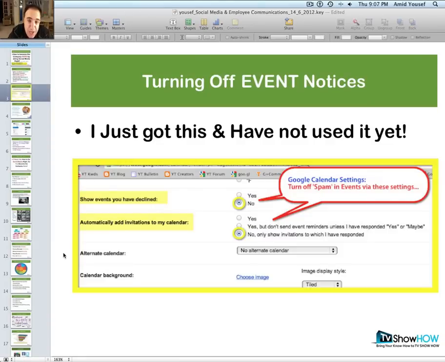Everybody's asking, how do I shut down these event invitations? In the replay, you go to your own Google Calendar settings, where you shut it off. And this is what the slide is for. You're going to have a full replay. So if you want to take notes, go to your Google Calendar and turn off the spam and events via these settings. You make it so you don't want to see declined events, and don't allow others to add. Basically, I'm telling you how not to receive these. I plan on doing one of these every Thursday, and I'm hoping they'll go a little bit smoother.